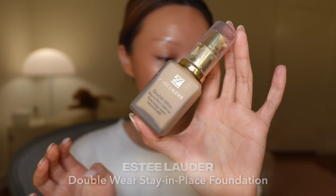Next, I'm gonna use the Estee Lauder Double Wear Foundation. I usually stay away from long...